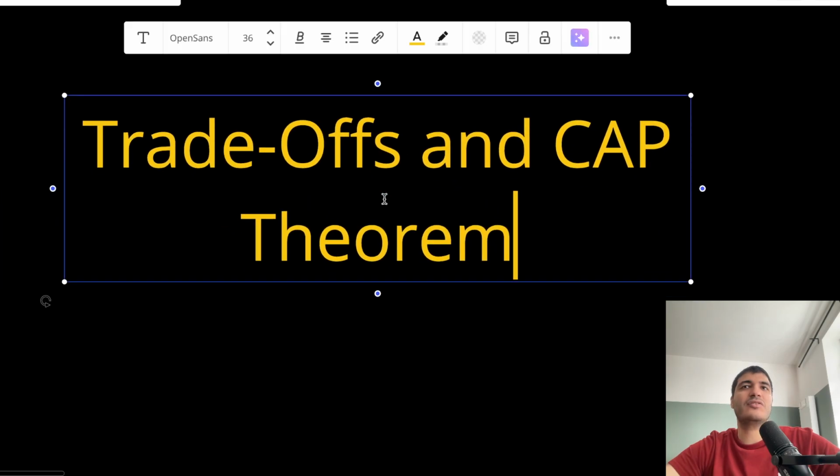In terms of trade-offs, the CAP theorem states you can only pick two of three: consistency, availability, and partition tolerance. In a distributed system with strong consistency, you often sacrifice availability under network partitions to maintain data consistency. With eventual consistency, you aim for high availability and can handle partitions, but you sacrifice immediate consistency. Choosing a model depends on your application's tolerance for inconsistency versus the need for real-time accuracy.